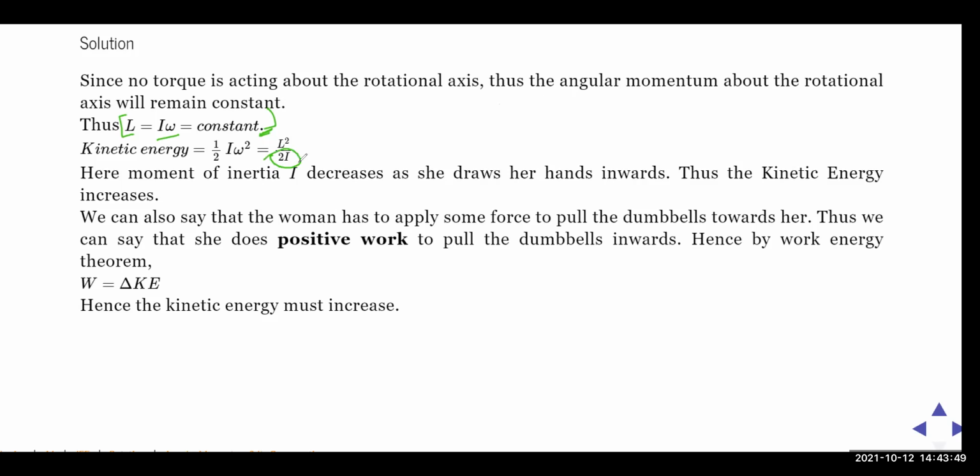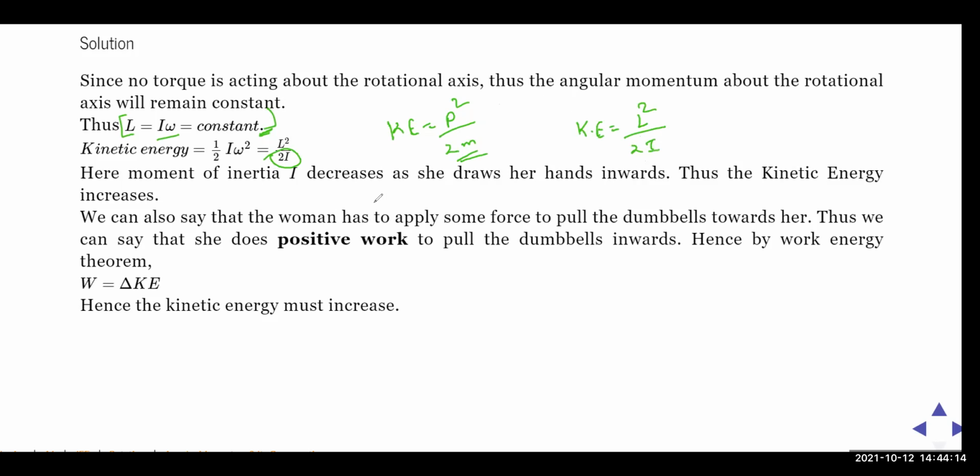I is changing. We know, right? When you talk about kinetic energy, translation kinetic energy formula क्या था? P square by 2m था. Yes or no? Raise your hand. P square by 2m, mv square, right? So in the same way, when you talk about rotational kinetic energy, which is also given by L square by 2I,